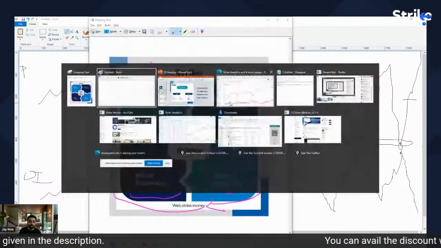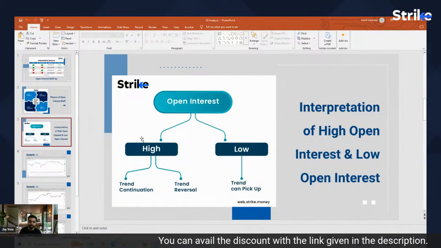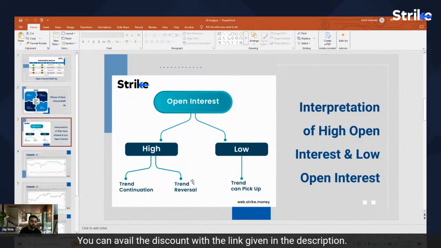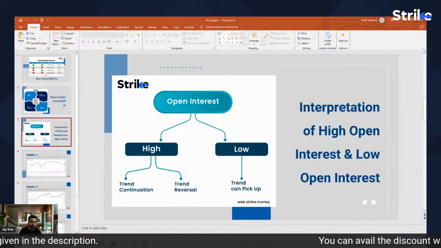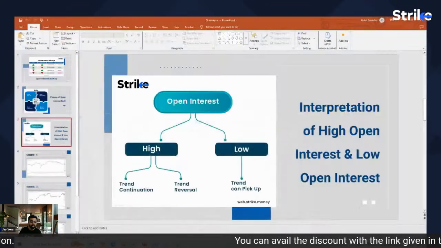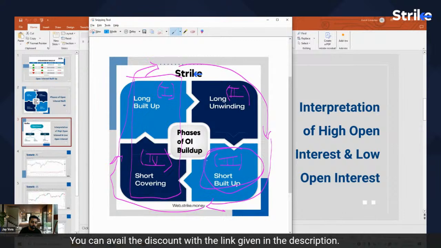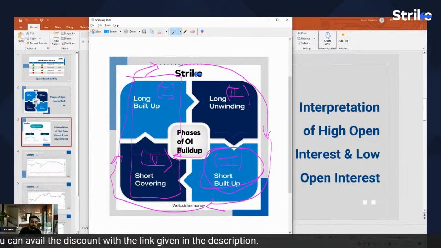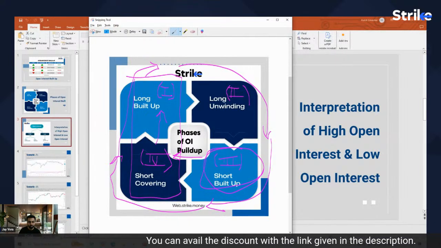So when your open interest is high, most of the time this is where you will get a very strong move. The main point is that you need to find the point over here, the trend reversal, because this is where the maximum shorts have been built and this phase is about to start, and that is where you are catching it. When there is a phase of short covering, after that there will also be long buildup, and this will give you a very big runway on the upside.